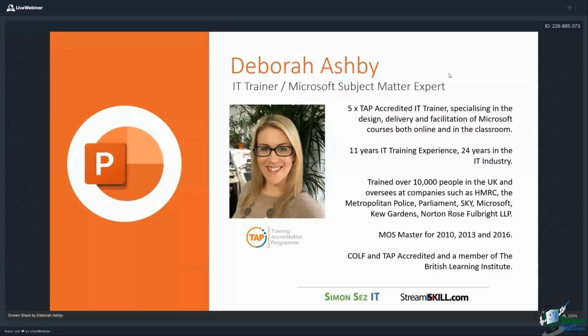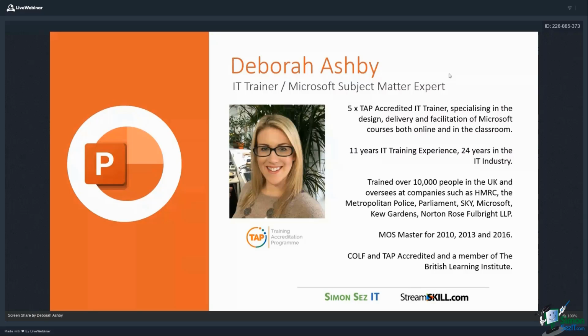Now, as I've been speaking there, you can see on this slide, I have quite a lot of text and it's quite difficult for you to read that text and listen to me speak. It's also not particularly that interesting, and I don't want to say anything too negative about Adam's lovely Simon Says IT template just here, but it's not really that interesting. So I thought to myself, how can I kick off this webinar? How about I start by just showing you a different way of thinking about designing slides by redesigning this particular slide. So let's move on to my redesign, and I just want to highlight a few points to you.